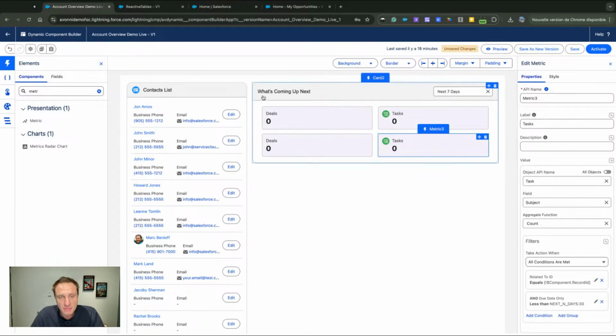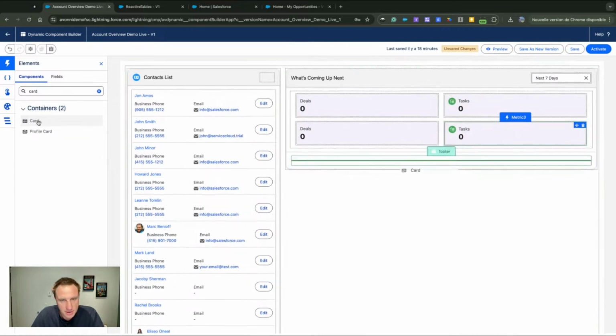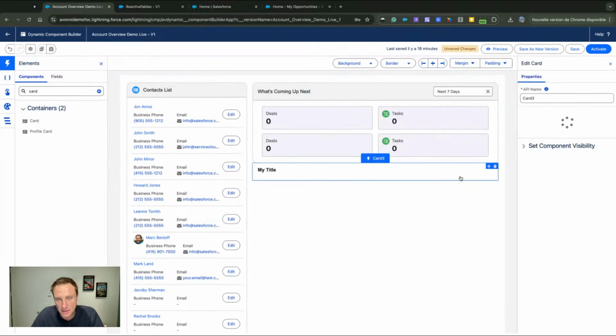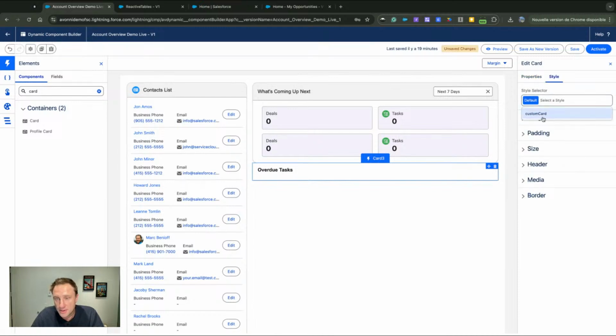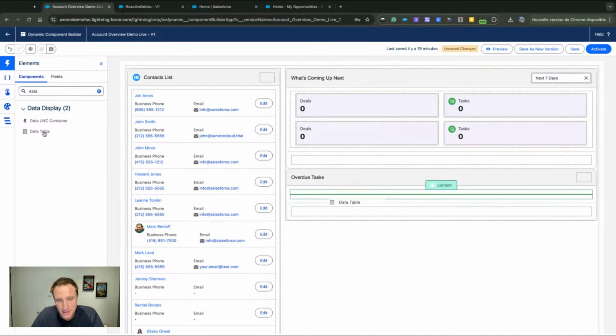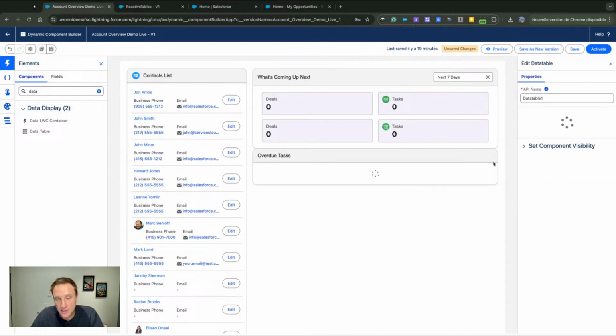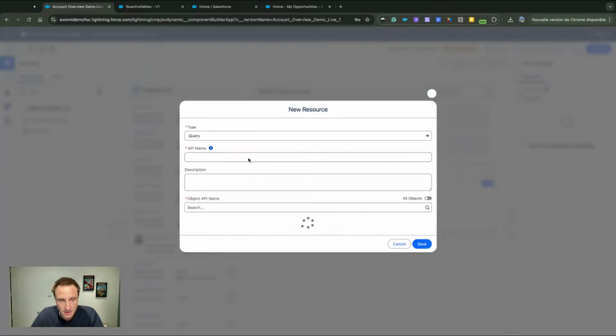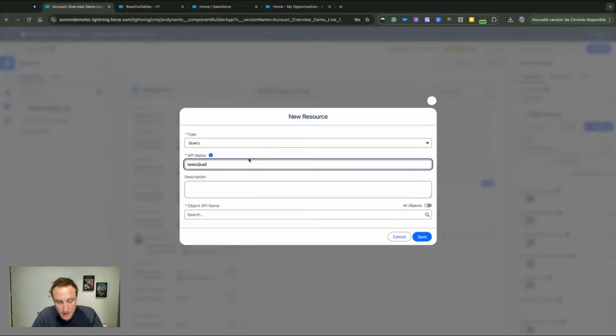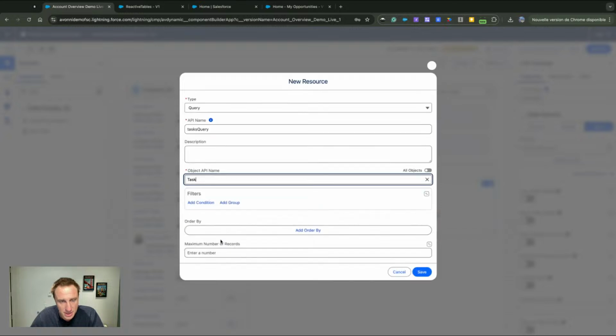So once you're done with that, one last thing I like to do on this build. I like to put a card again, and let's say overdue task. Apply the same custom card style, and let's put a data table inside the card to display a list of tasks that are overdue. So create a query, that would be task query on the task object,